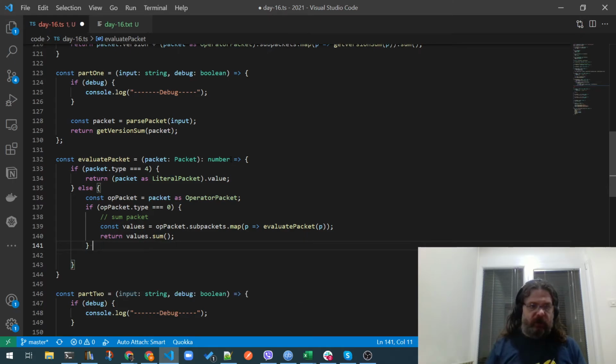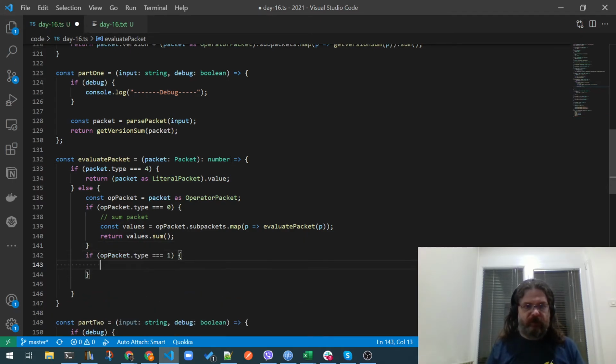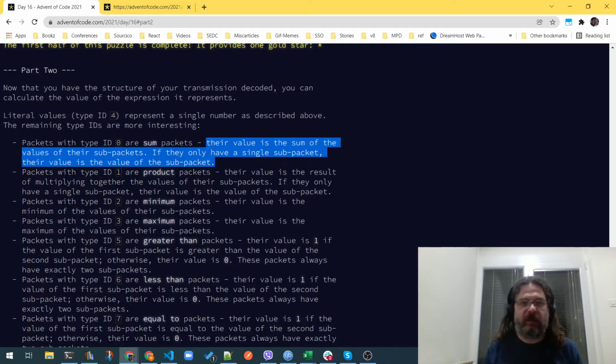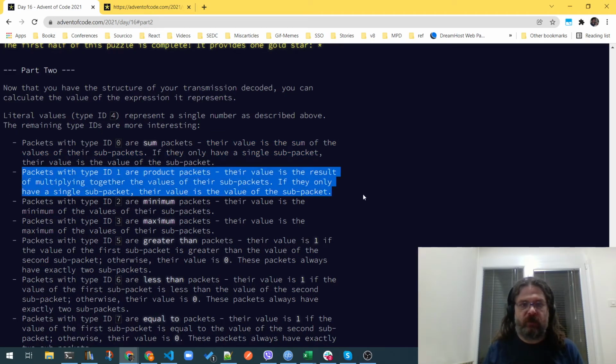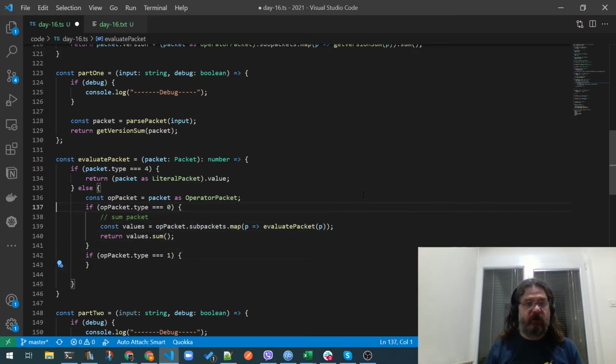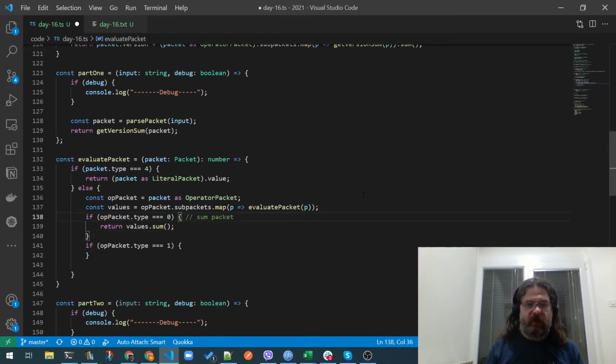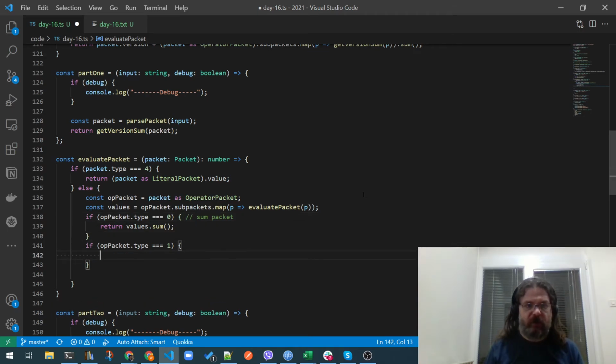Else, actually we don't need an else, we have a return. If it's 1, as they say, that's a product packet. We need to multiply everything together, and so we need the values. Actually, I think that we're gonna need the values in any case. So if it's a 0, we have a sum packet and return the sum. If it's 1, we have a product packet,